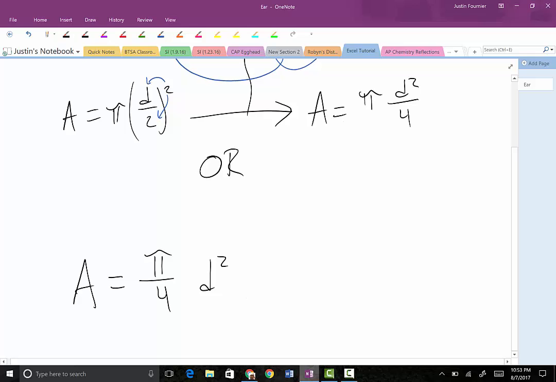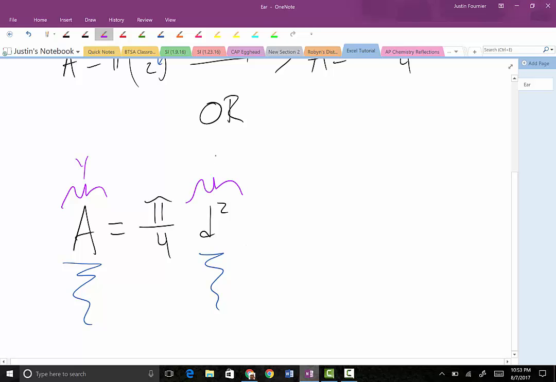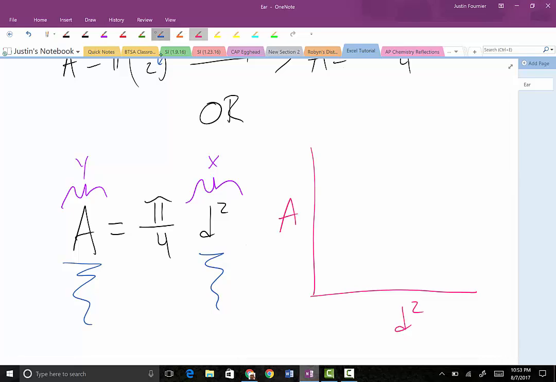So looking at this now, finally, I got this thing simplified to where I want it. If I graphed area versus d squared, my area would be the vertical part of my graph. This would be the y part of my graph. And then the horizontal part of my graph would be this entire d squared value. So this would be like the x part of my graph. So if I was to create a graph of area versus d squared, and you get some data points that look a little more realistic than the data points that I had,